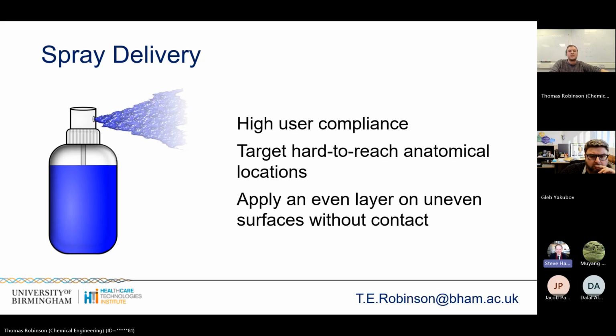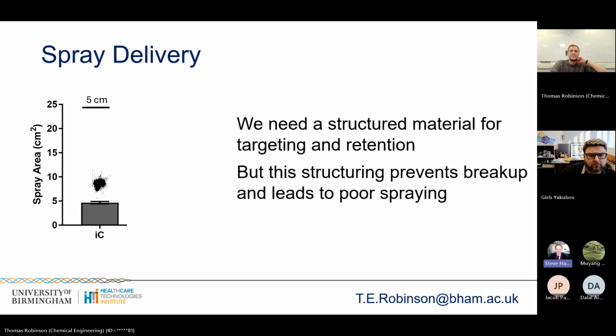So if you think about things like wounds, and going back to that epidermolysis bullosa example that I mentioned to you, if you're smearing liquid onto that, that would be quite painful. Whereas using a spray application, you can get a pretty good distribution onto that area without having to use immediate contact. So we attempted this, and the problem is that iota-carrageenan actually sprays really quite poorly